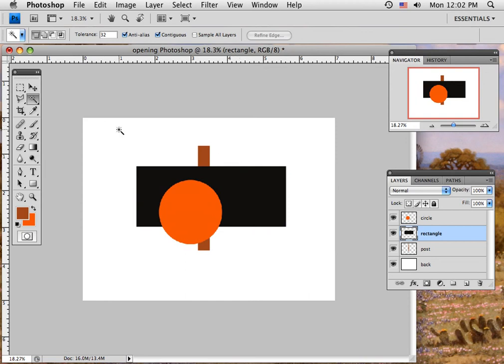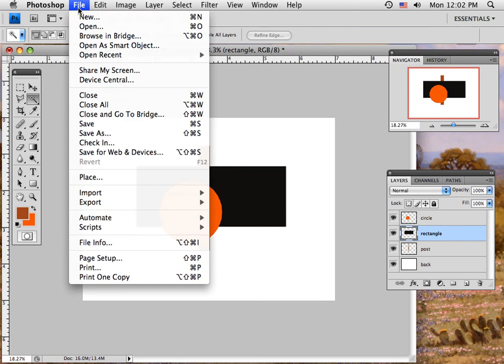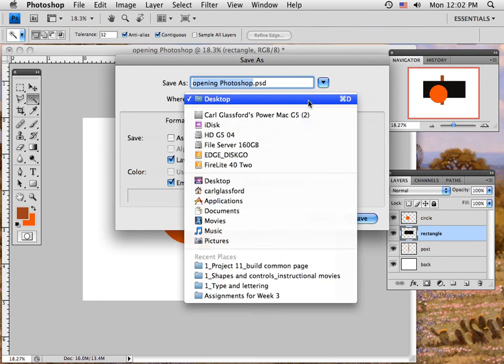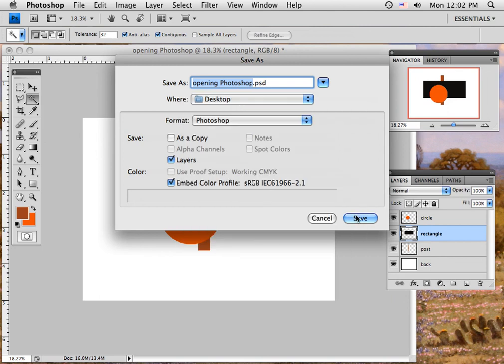Eventually, when you have this the way you want to, you're going to go to File, Save As. Now, not eventually. You should be saving as, like, every 5 minutes, so if some power failure happens, you don't lose the whole document. But I'm going to save as. Remember, I call this Opening Photoshop, and it's going to go to the desktop. You can go to a particular file. You can go to any number of places, but I'm going to send it to the desktop and hit Save